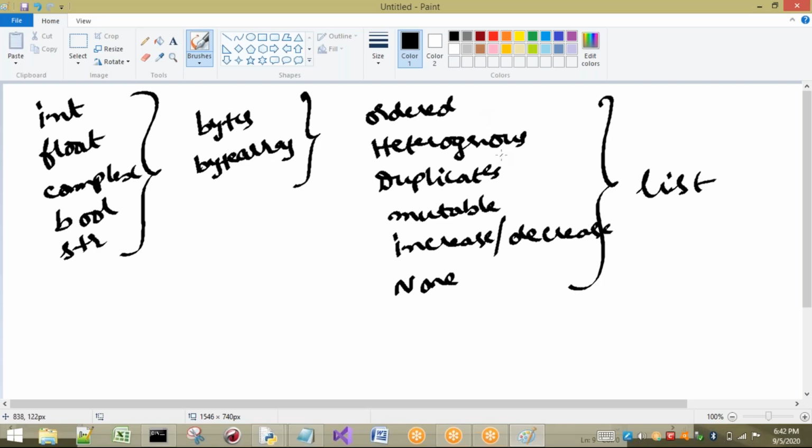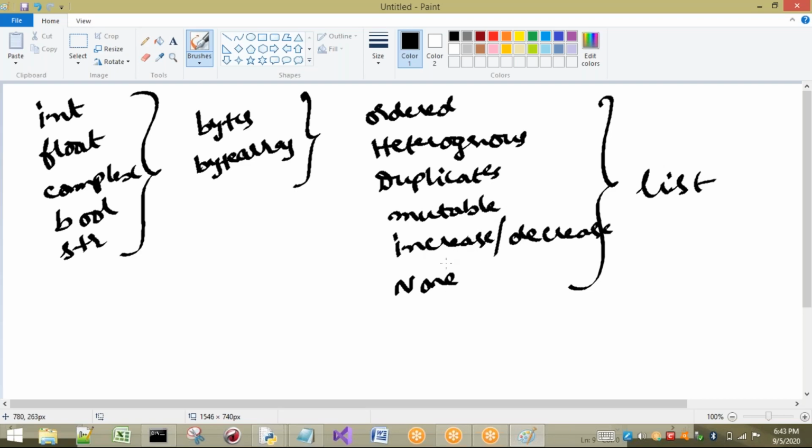Next, sir, if I want to store only homogeneous types, that means the same type, then go for some other type. If you have heterogeneous, different types of data, then better come for this list. It will give you the chance to store that type of data. If I have some duplicates also, then come for this list. That property is also there. Once you store some value, if I want to modify it, list provides that flexibility too, because list is mutable. In the same way, after storing some elements, I want to increase the size of a list.